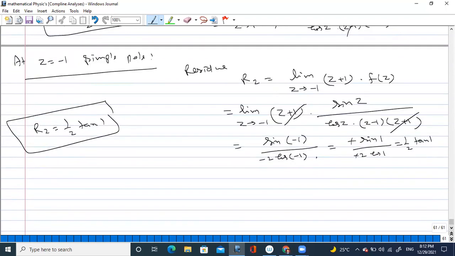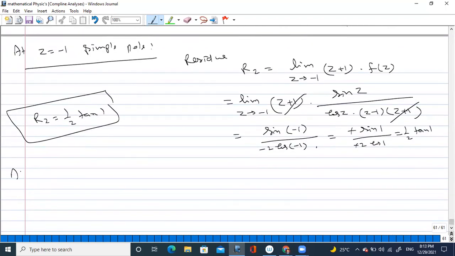Now coming to the next pole, at z equal to pi by 2. So at this pole, the residue will be... this will become very difficult